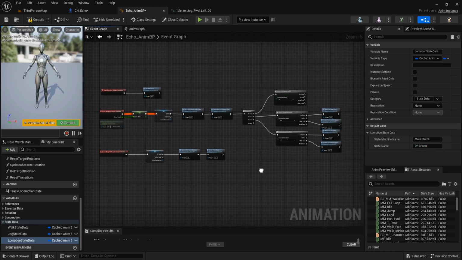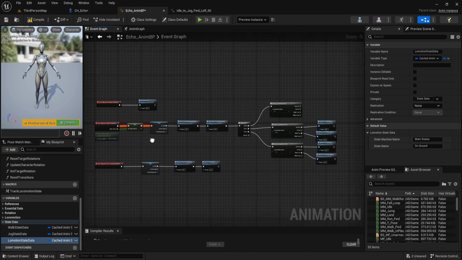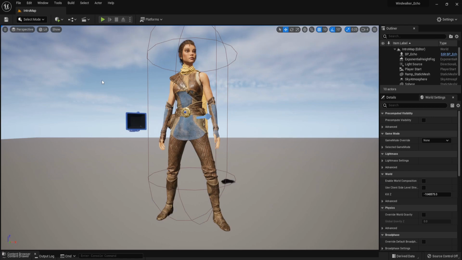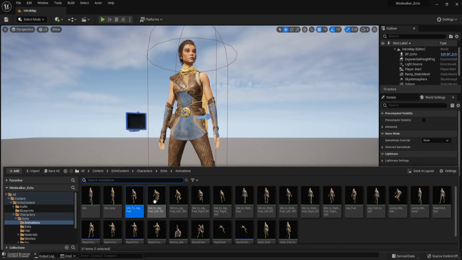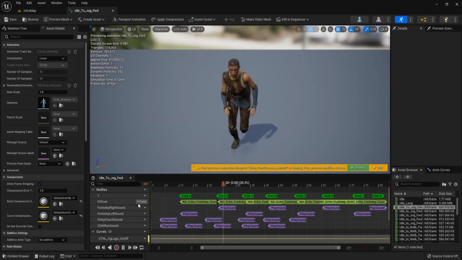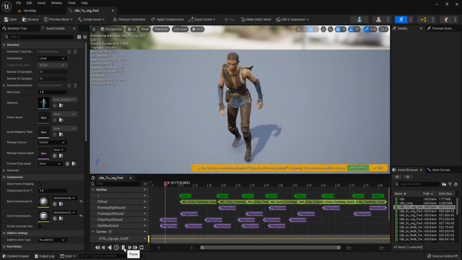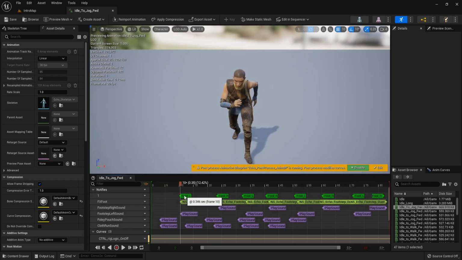Now we finish all the functions and variables in the anim blueprint. Let's open the Windwalker Echo project and open the animation idle to jog forward. And we can see this notify that has foot left and foot right.